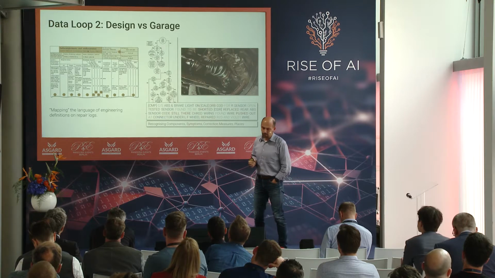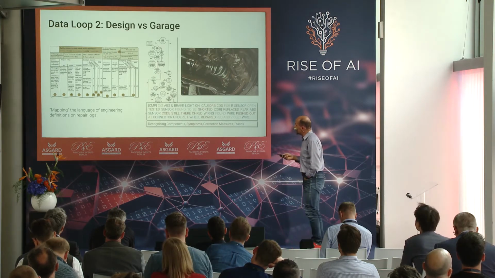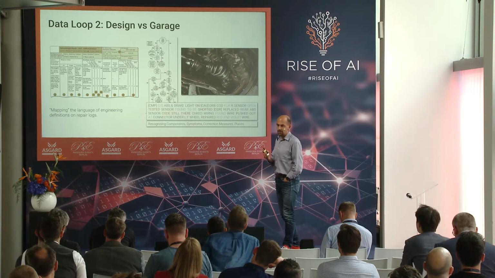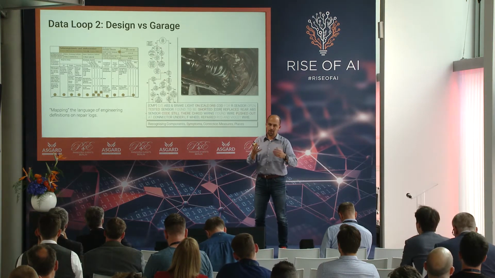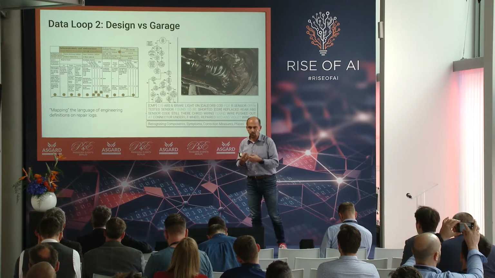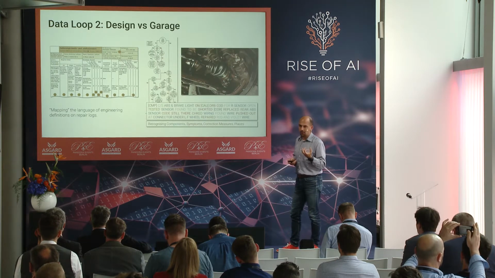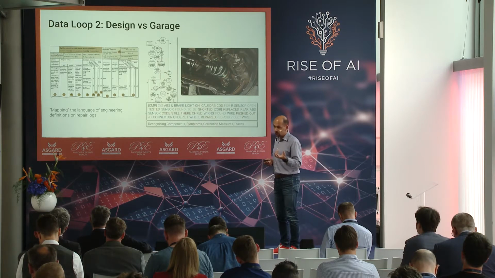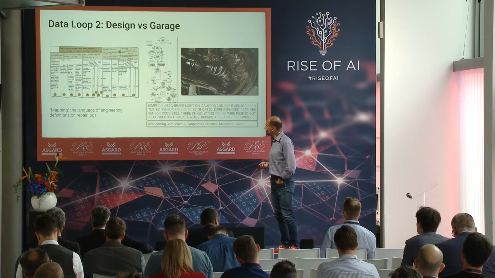A second data loop, also from the car manufacturer: whenever you design a part of the car, you have a form where you say the functionality of this part is such, it's connected to these parts, as well as, whenever it breaks down, what is the probability and how do I fix it? This is an engineering description of car parts. That is used for constructing cars before they actually go out on the market.